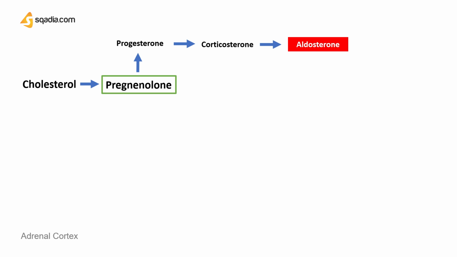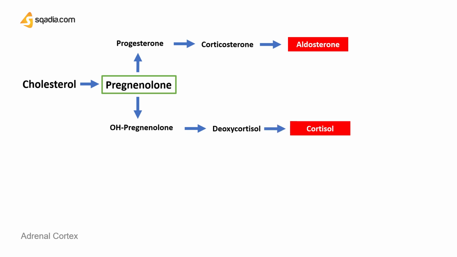Now, another pathway leads to the enzymatic conversion of pregnenolone to hydroxypregnenolone, which further leads to deoxycortisol and ultimately forming cortisol through the action of various enzymes. Now, this cortisol, you must remember, is a glucocorticoid. Now, again, as the name suggests, gluco means that it mainly regulates carbohydrate or glucose metabolism in the